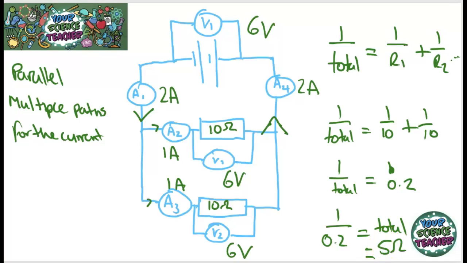5 ohms. Now you might be saying, why do you use parallel circuits? They look a lot more complicated than a series circuit, and you're correct, they are a bit more complicated. But the reason why we use parallel circuits is because if one appliance breaks in that circuit, then they all don't go out. For example, if this was a light bulb and not a resistor here, and this was a light bulb as well, if this light bulb was to blow, then this light bulb would stay lit up. So that's why we use parallel circuits a lot.